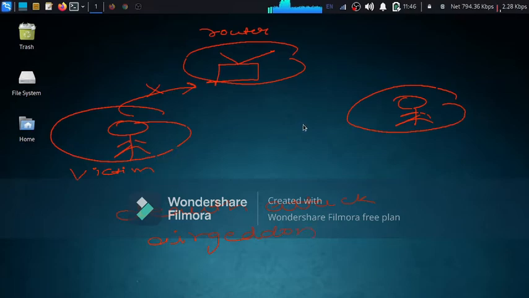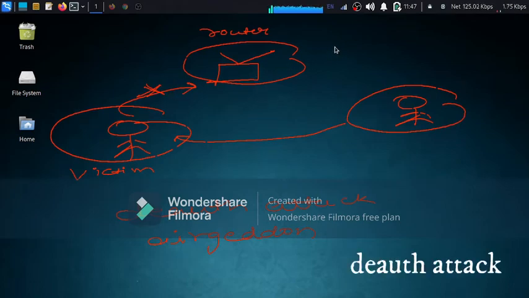So you will deauth the router to disconnect your brother. Then your brother will be disconnected from the network, and he will not be connected again unless you want him to be connected. So you create another router,